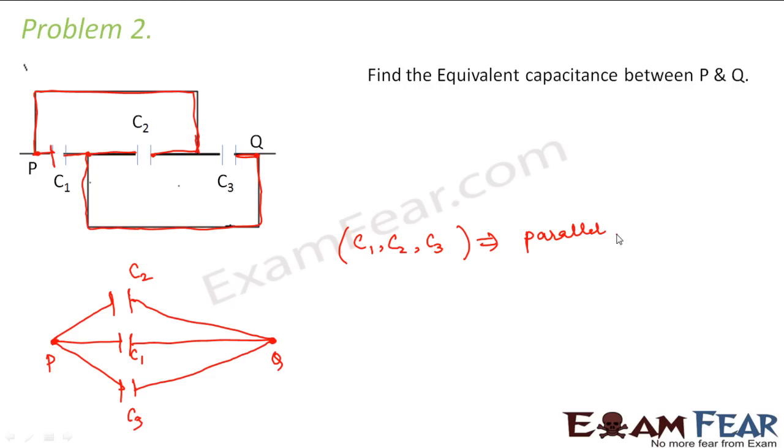So basically, looking at the figure, first of all you have to identify the points between which you have to calculate equivalent capacitance. Then you draw a separate diagram as per your convenience, right? Then you see what all capacitors are connected to which point, and then you draw your own diagram and you will see it for yourself that things become so simple. So here the equivalent capacitance of the circuit will be given as C1 plus C2 plus C3.